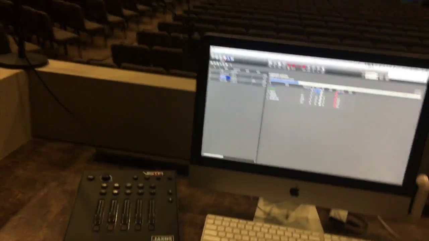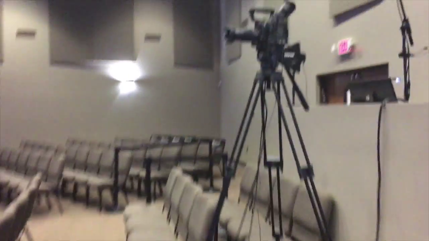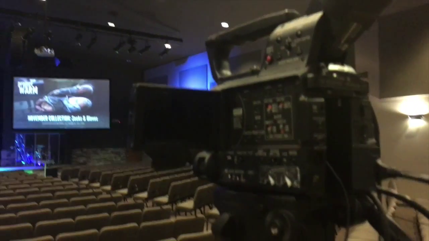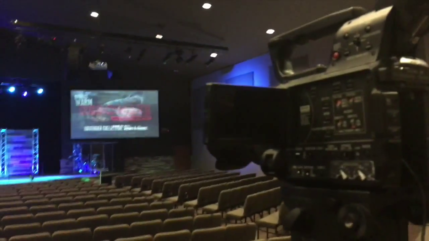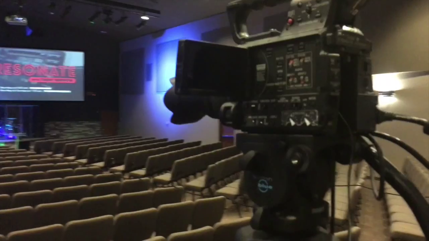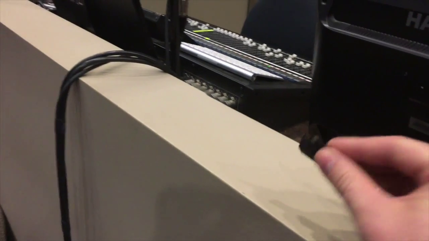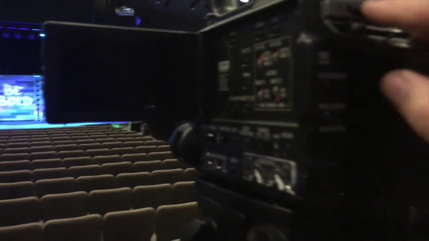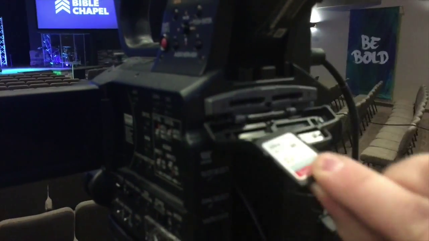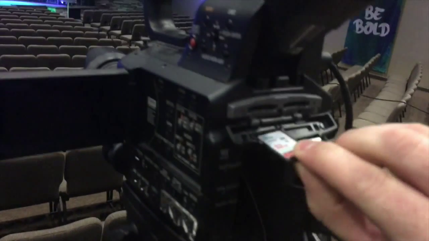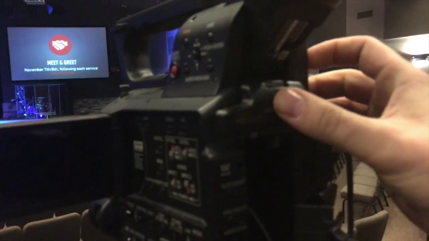Let's go over to the camera. Obviously, we record each service. I've got memory cards large enough that you can record the entire service from beginning to end, which is like 2 hours and 15 minutes, I think. I'll have the cards sitting right here, and there's one card per service, and it goes right here. So here's a card that's already in, and it goes in here. Close the door,